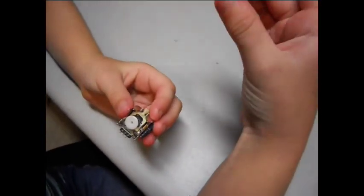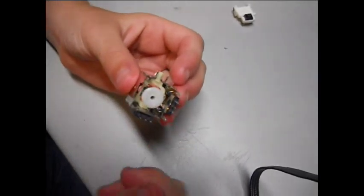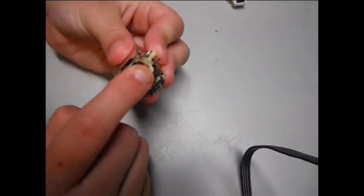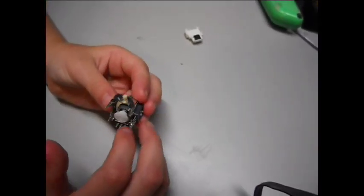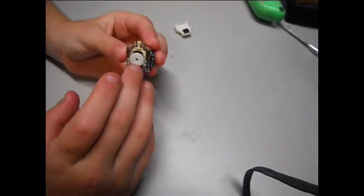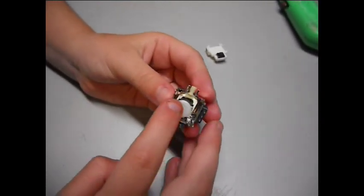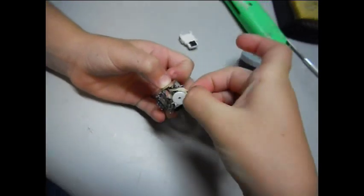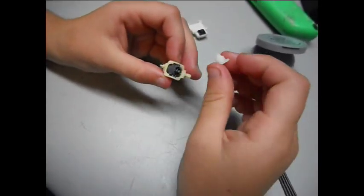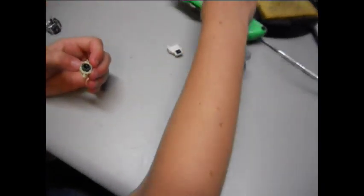So after you've taken the white cover off, you will find that this white round piece is pushed in. It should be up like that, not pushed in, and you can push it in like that. Next you should take this whole plastic part out. Just set that aside and take the white piece and the spring out, and then to make sure it's running smoothly,